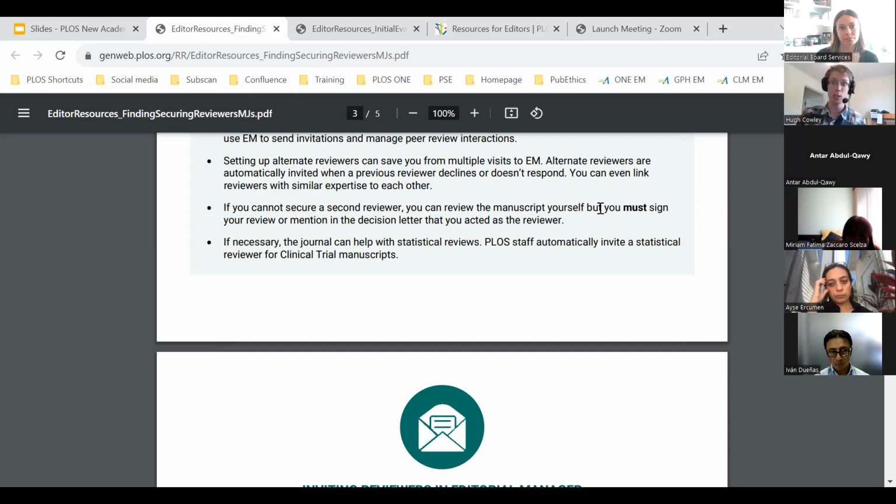It's very important for transparency. It's so that the author knows that you're not relying on 2 independent evaluations. It's 1 independent evaluation plus your own. That's a perfectly legitimate way to carry out peer review. It's a lot more time consuming on your part, but if you're having real trouble finding another reviewer, then please be aware that this is something you can do.